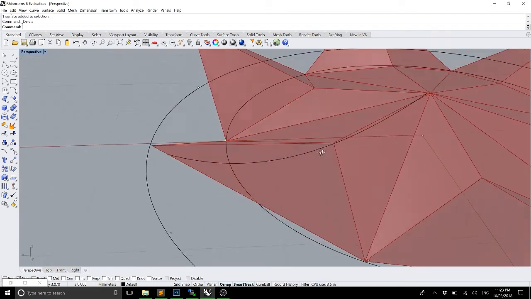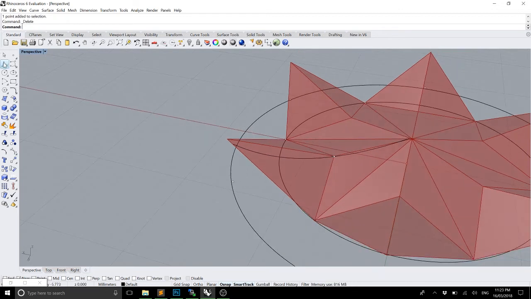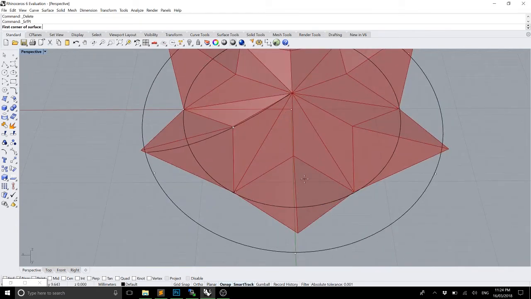Now if I delete that, we can see that point there, and I could even snap it maybe closer to what the script is currently doing. And then we're just drawing triangles between these points and that middle point, and that's producing the rationalized version of the